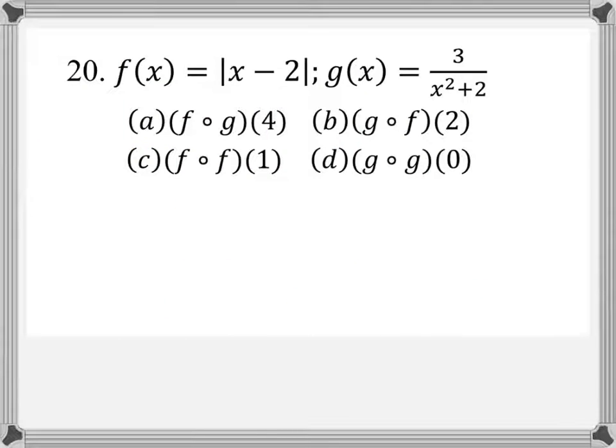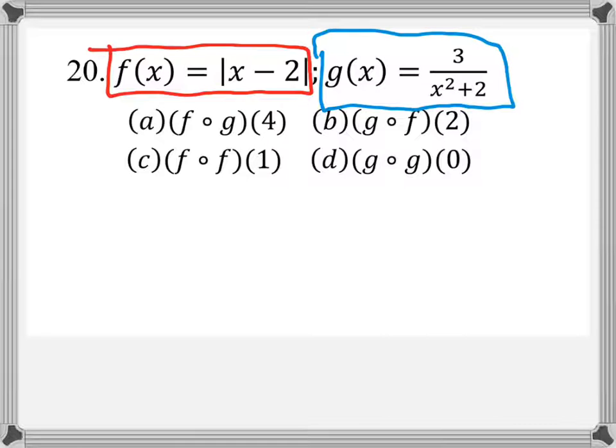We can also do function composition given function definitions. So here we have f of x equals the absolute value of x minus 2, g of x equals 3 over x squared plus 2, and we're going to find these 4 function compositions. Here it's best to do a lot of color coding, so I'm going to do my f of x function in red, my g of x function in blue, and let's first find